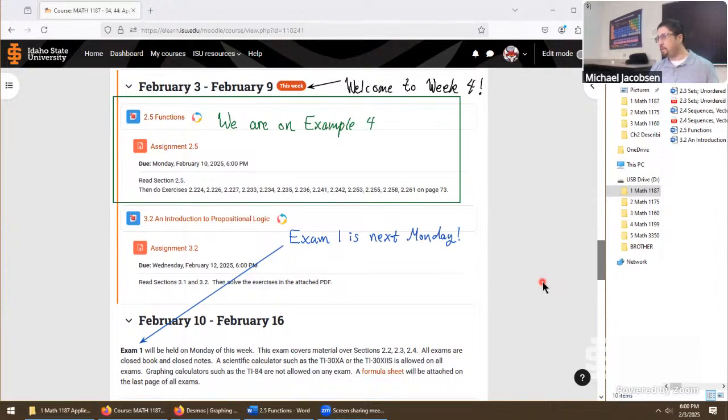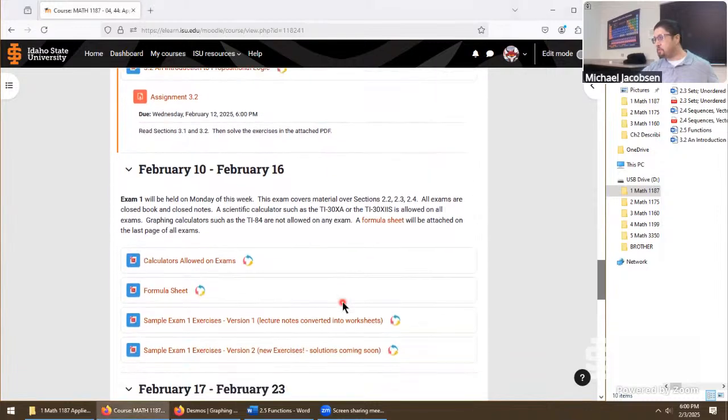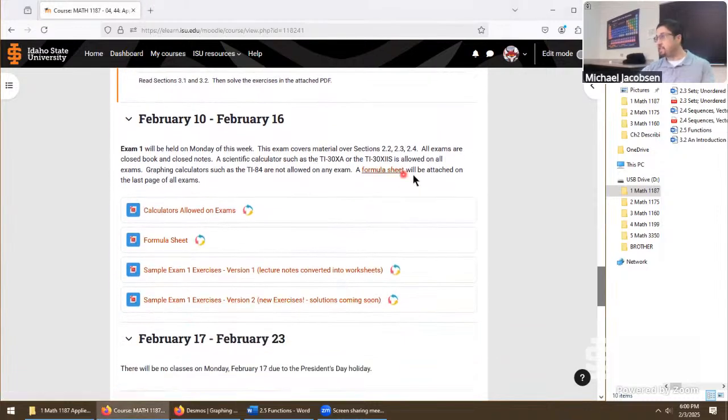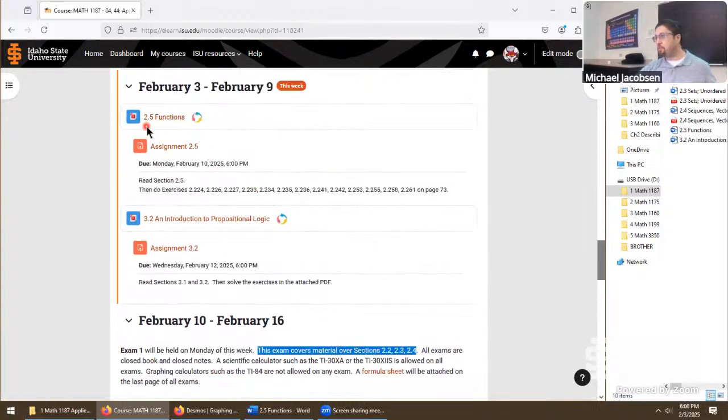Okay, maybe probably the better announcement we should talk about right away is that we're coming up to our very first exam. The exam is going to cover up to section 2.4. The major reason for leaving off section 2.5, even though we were so close to getting it done, is